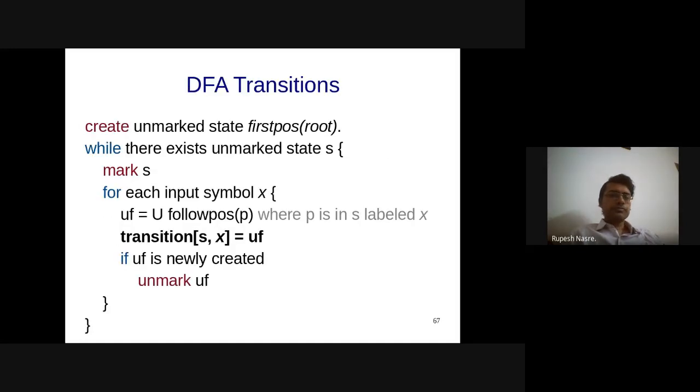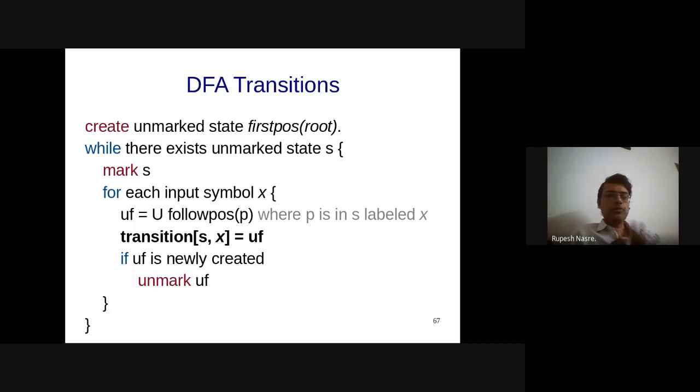In fact, we are not going to require anything other than firstpos and followpos, because nullable we have already used in the computation of firstpos and followpos, and lastpos is going to get used for computing followpos. So we need firstpos here and then followpos. Followpos is essentially the most important one, which is going to give us the transition function. Okay, so what we are going to do first is to create the start state of the DFA.